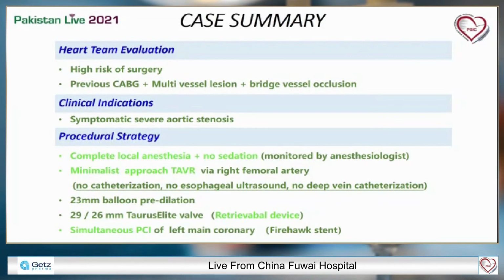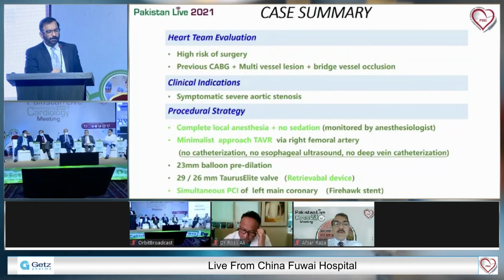Now I would like to ask all the panelists to discuss this case. Panelists, would you like to make some comments on this case? This is a case of high-risk surgery, with previous CABG and now undergoing PCI of the left main and then the TAVR. Professor Wu,